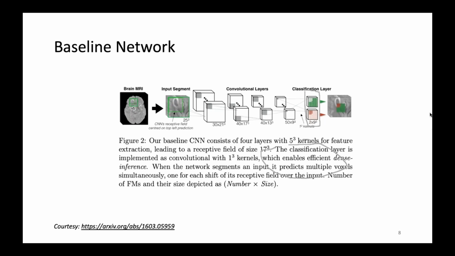What is the advantage of using a 3D CNN versus a 2D CNN, which we are normally used to? Yeah, so a 2D CNN can be used on 2D images, but since these are 3D images, we would have to run the 2D CNN in the third dimension also. Since the voxels are three-dimensional, the 2D CNN may not give the most optimal results, and its accuracy is less compared to when we use the 3D CNN.